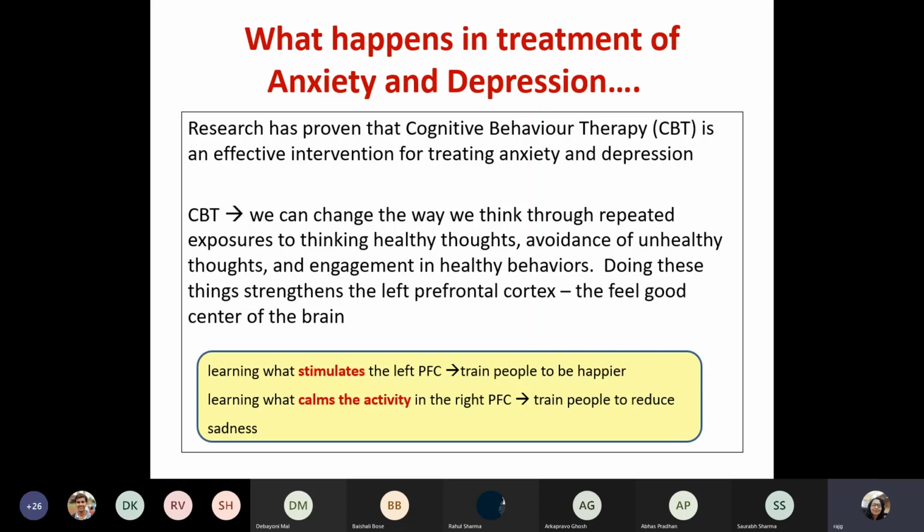Okay, and these are definitely neurobiological changes, neurochemical changes rather. And it brings about a change in the way you look at the world. You feel good. So your action brings about a change in the emotion, and when you have a change in the emotion, then thoughts like "what's the use, this won't work for me" or "the world is bad" will also change, because the thought and the mood and the behavior are linked. I'll probably share a flow chart of how we do it in depression and anxiety.